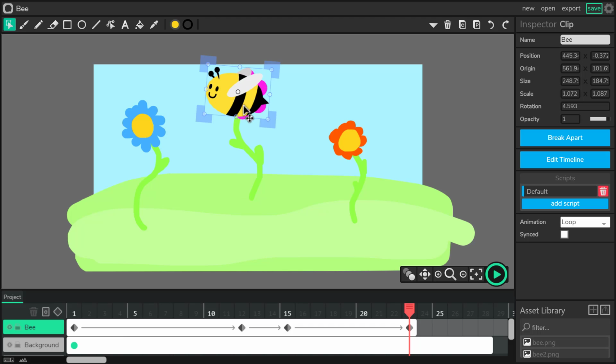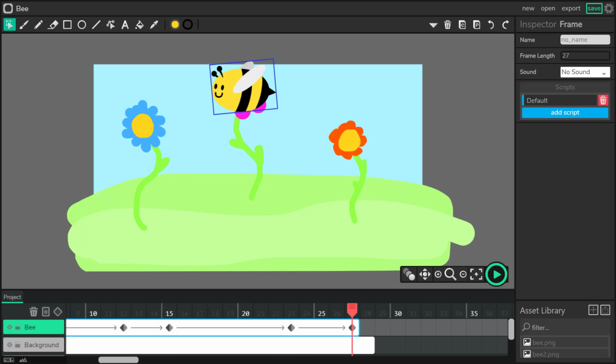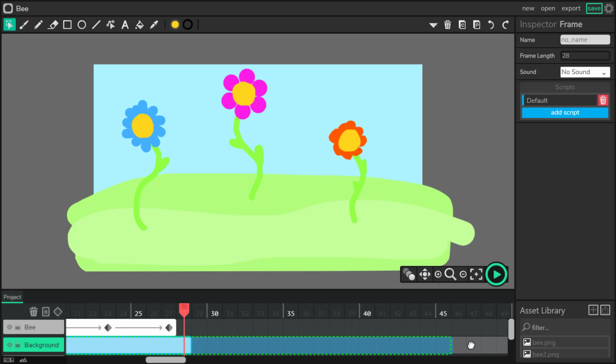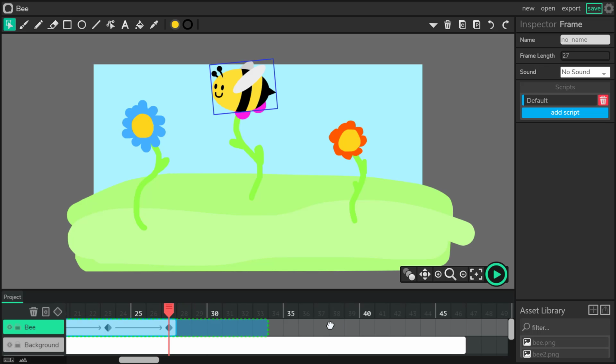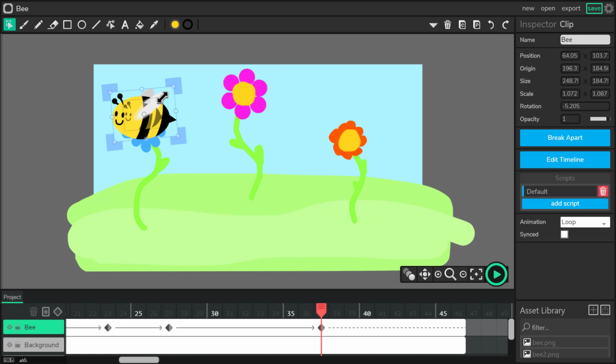I just show the keyframe position and the Wick editor will generate the frames in between. It can handle resizing, reposition and rotation. I'm going to extend my background again and a few more keyframes for my bee. One here, jump for the next flower, resize, rotate,